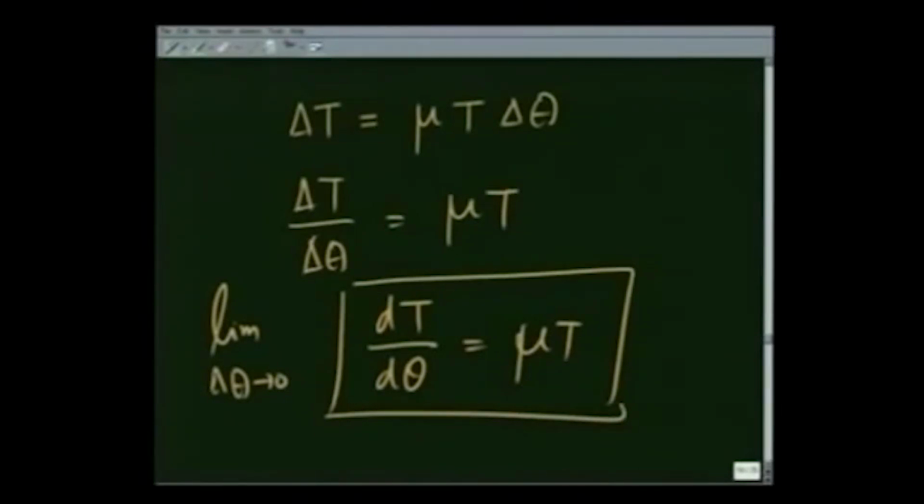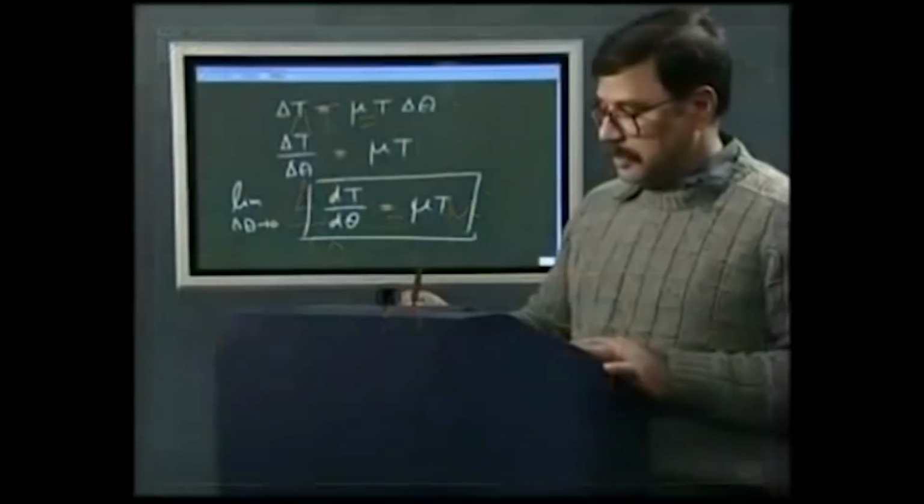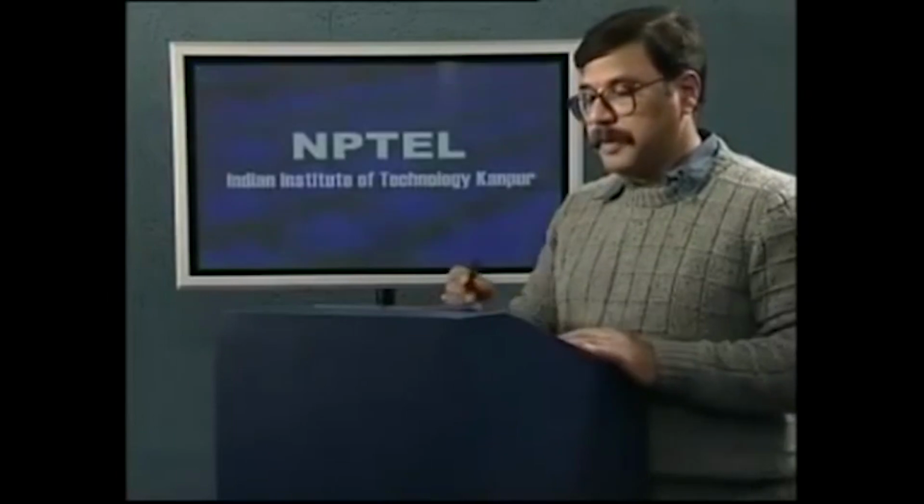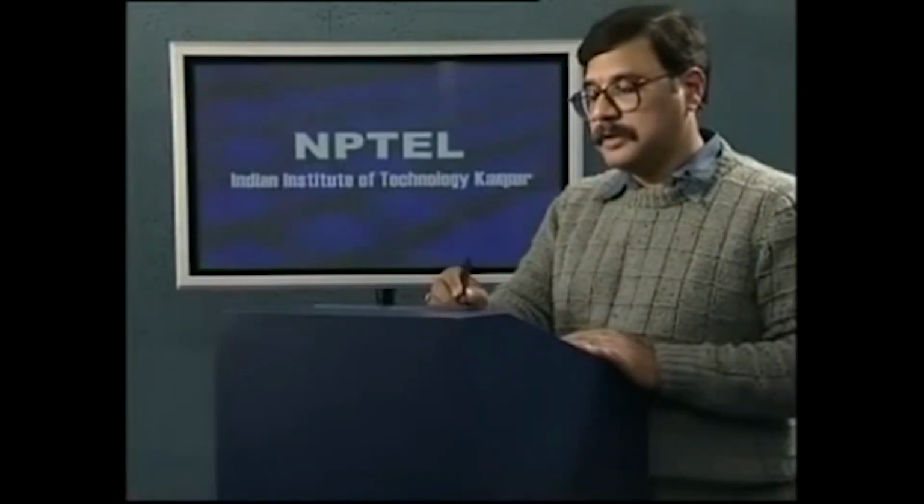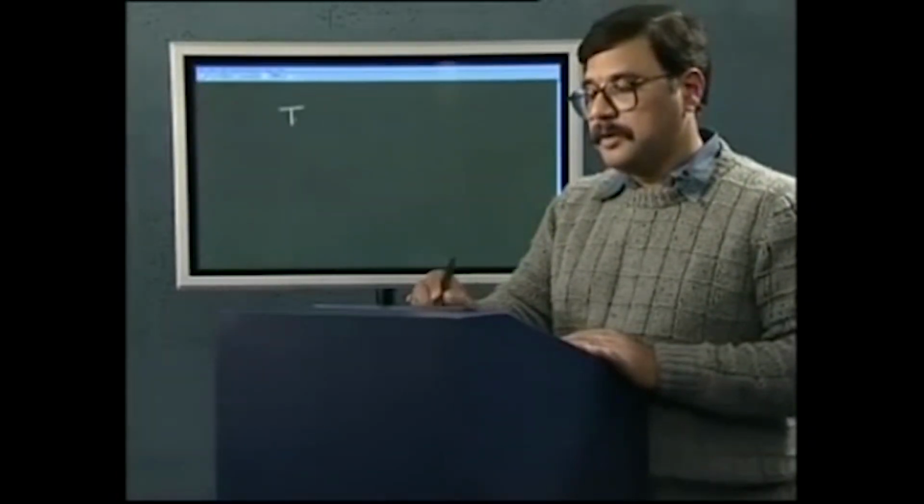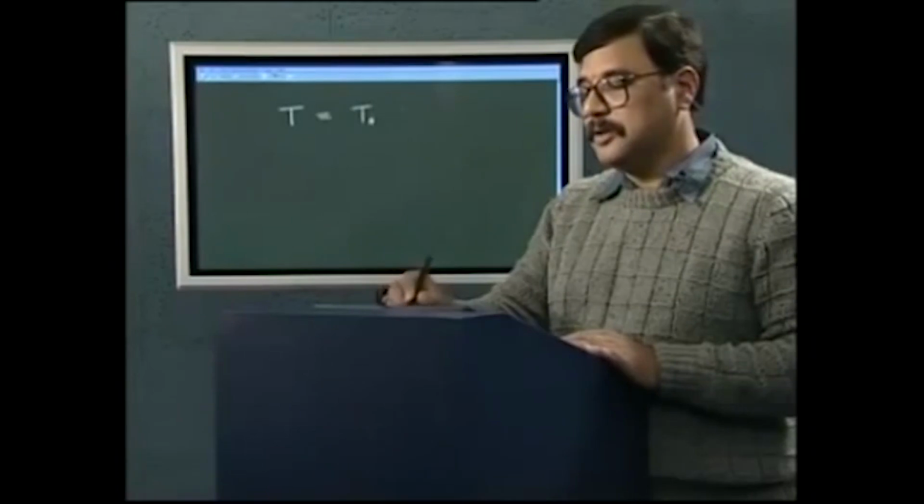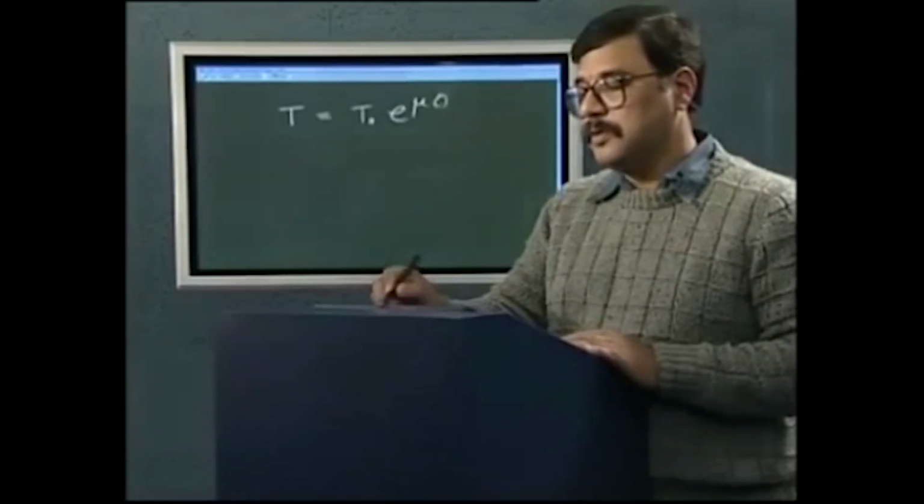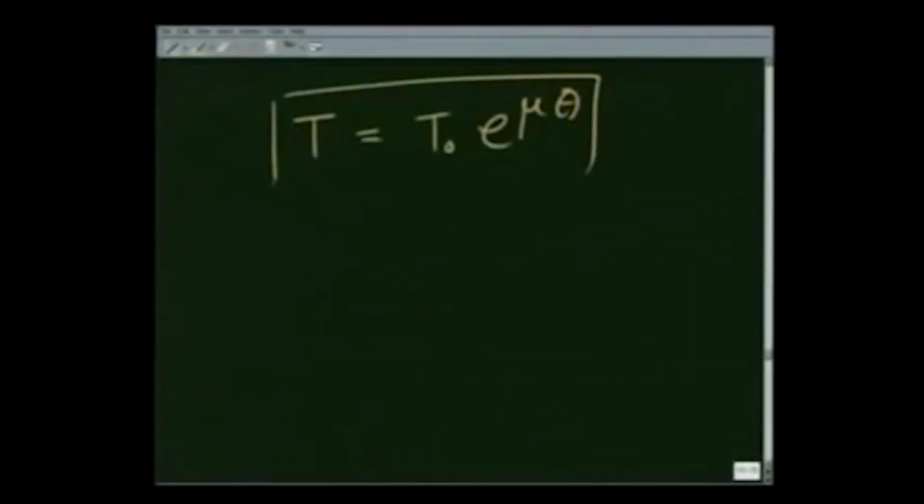This equation is quite easy to solve, and you have been doing it in many different places. The solution for this comes out to be T equals T0 e raised to mu theta, where this T is being measured as a function of theta. T0 is at theta equals 0. So let me just again make a picture and show you